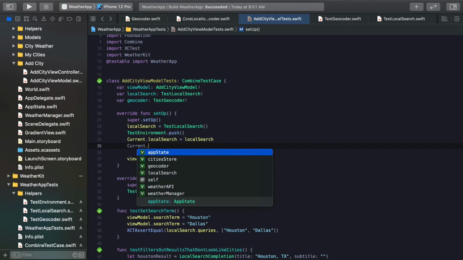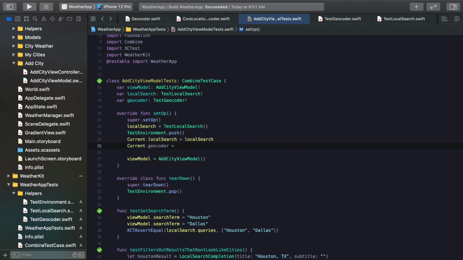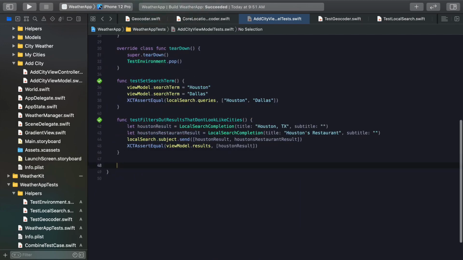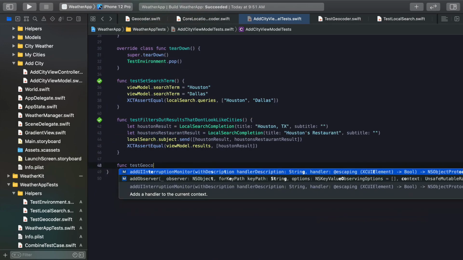Okay, now we can set the geocoder on Current to be our geocoder. And because we're pushing the environment and having a copy of it and popping it later, that's not going to affect any other tests. So now we can go over here and test geocodes